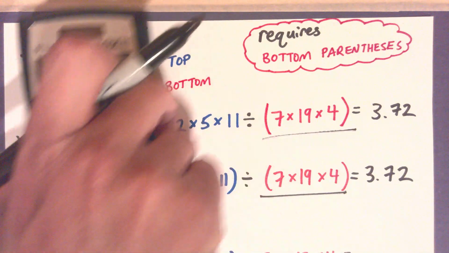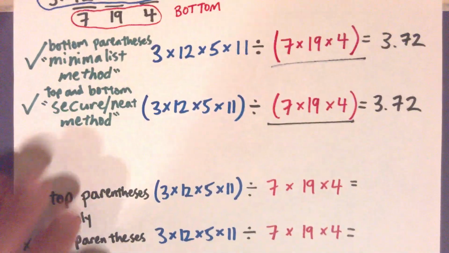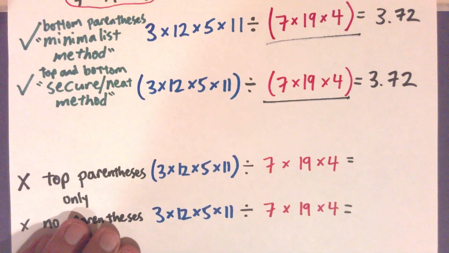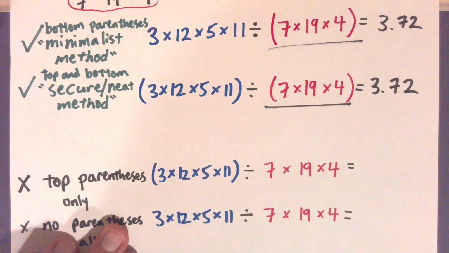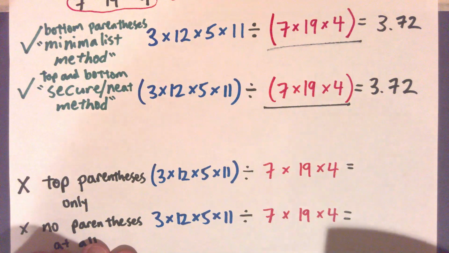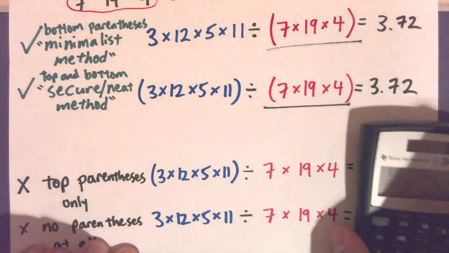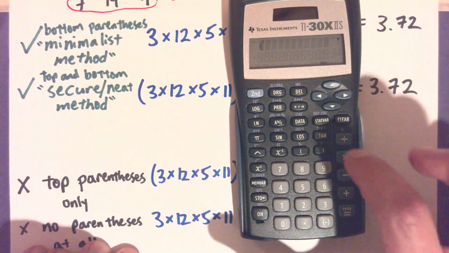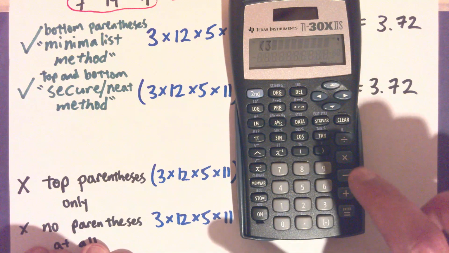All right, where I want to conclude this video, maybe you got what you needed, but if you had asked a question, what happens if you don't do the bottom parentheses? Well, then you're gonna have some issues, okay? You're gonna have some order of operations sorts of problems. So rather than explaining that, I'm just gonna show what happens. Let's see if we did top parentheses only.